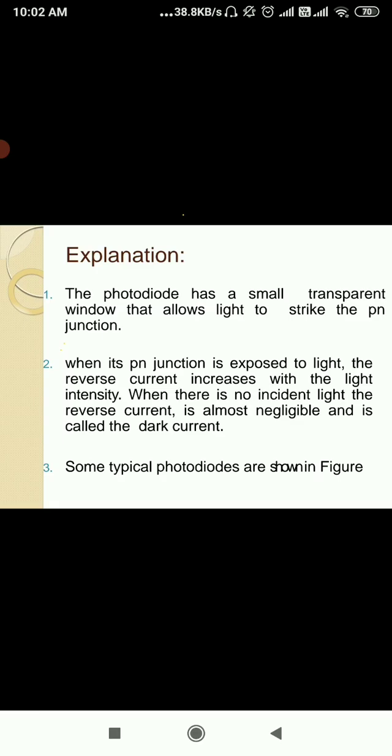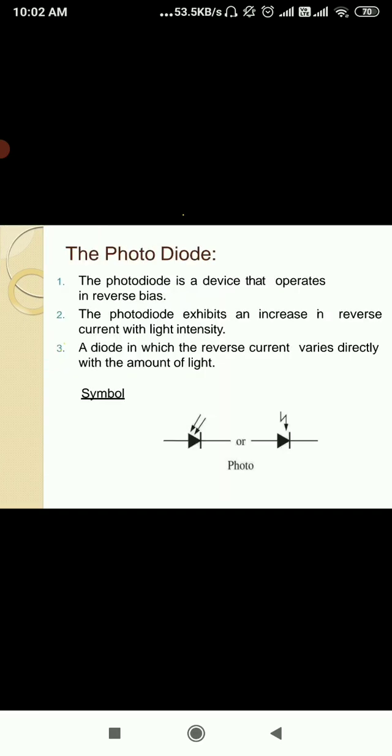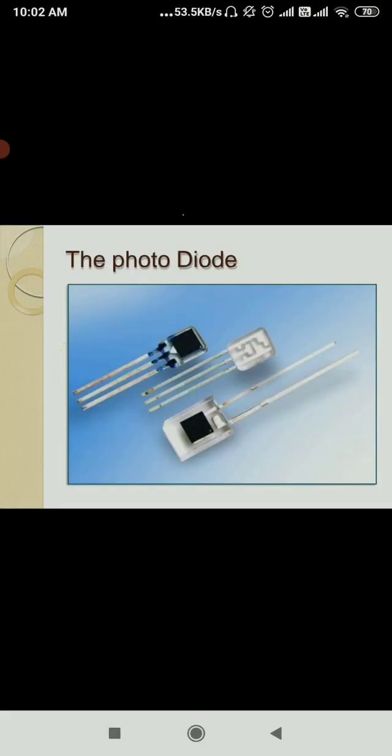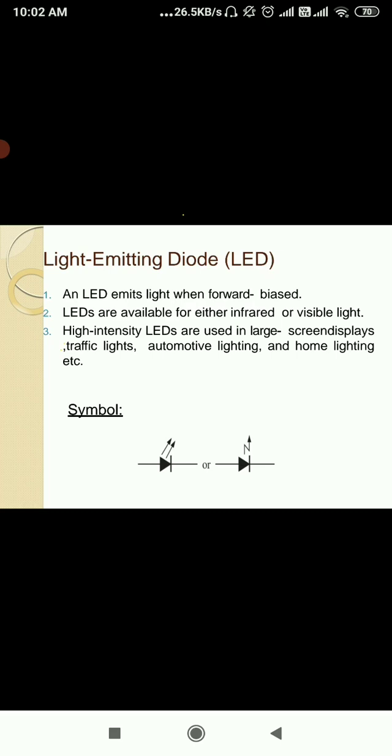What will happen? I am showing you LED. Just wait. So here, what we have seen, what we have told about the LED. LED will work exactly similar to the PN junction. तो हमने क्या किया था? एनोड बैटरी को कनेक्ट किया था, कैथोड जो है डायोड का हमने निगेटिव टर्मिनल ऑफ बैटरी वाया रेजिस्टर. Because LED is working when it is forward bias. See first point. LED emits light when it is forward bias.